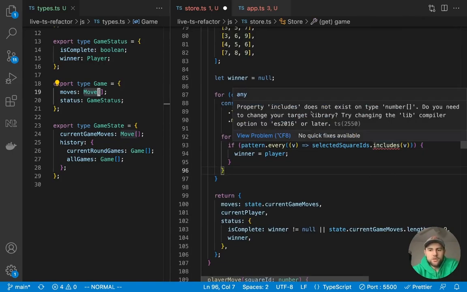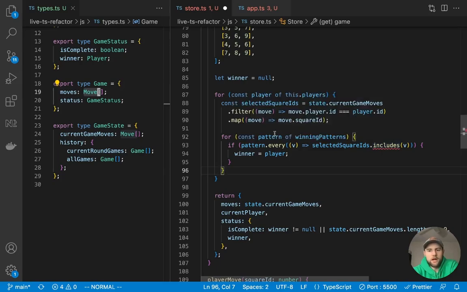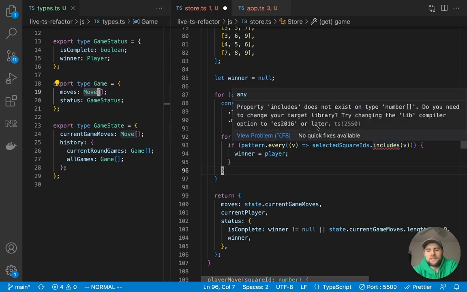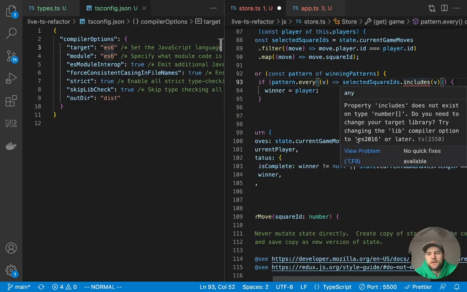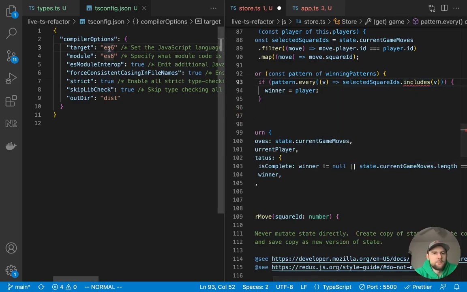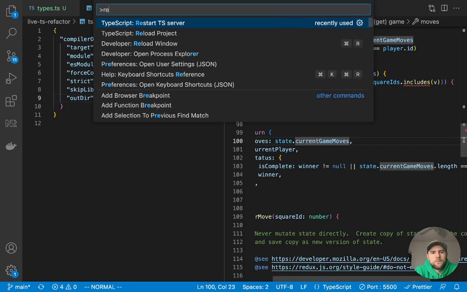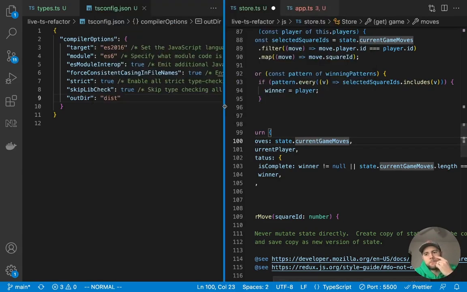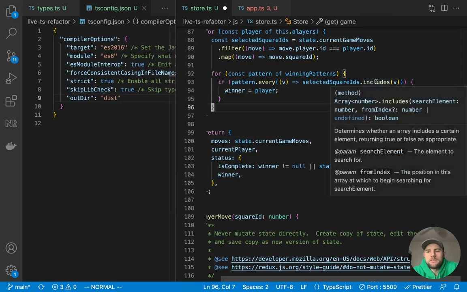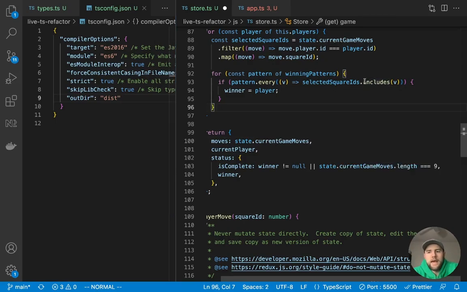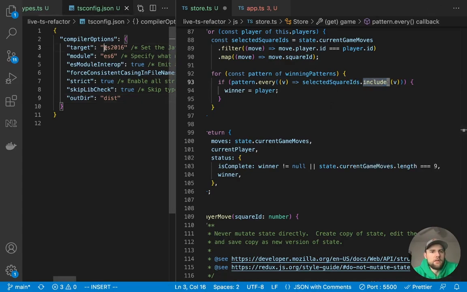It says property includes does not exist on type number array. Do you need to change your target library? Try changing the lib compiler option to ES 2016 or later. All right, so it's gonna say 2016 or later. So this is ES 7, I believe. So let's target ES 2016 and then restart the TS server. And now you can see that will go away because that built-in method on an array is available in the